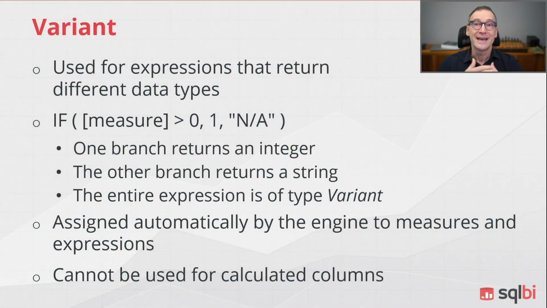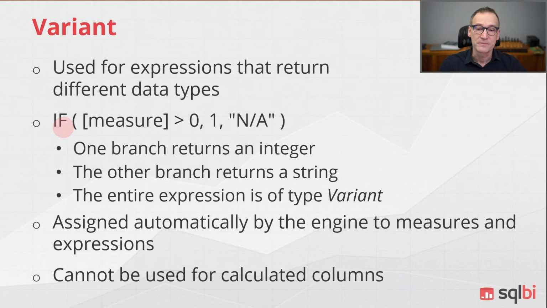The variant data type is a special data type that you cannot use for model columns. It is automatically assigned by the engine whenever you have conditional expressions inside your code and the different branches of the condition return different data types. So, for example, if you write an expression that evaluates a condition and then returns 1, a number, or NA, a string, the result of the entire if expression becomes a variant because it can be sometimes an integer and